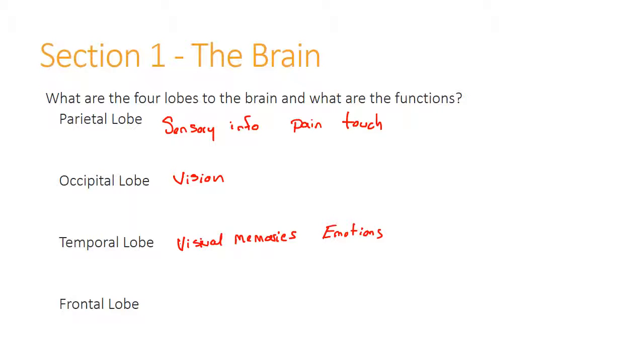Finally, we have the frontal lobe. This is probably the most interesting part of the brain because it's the part of the brain that you're using right now to understand a lot of what's going on here. It's going to be your critical thinking skills. It's also going to be your personality,